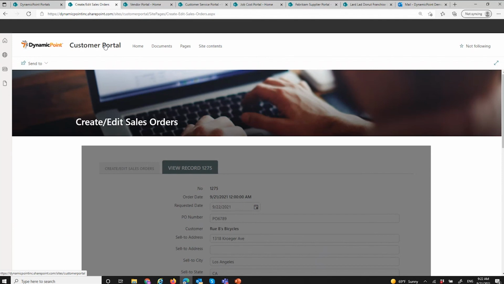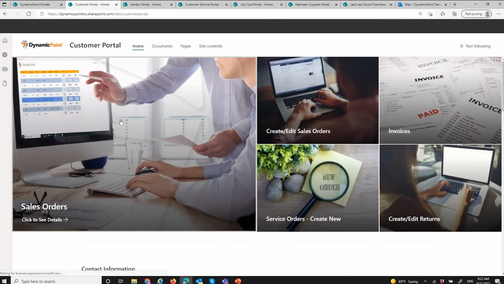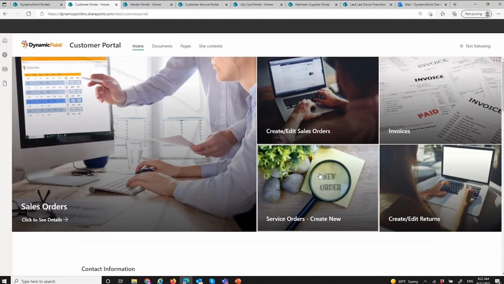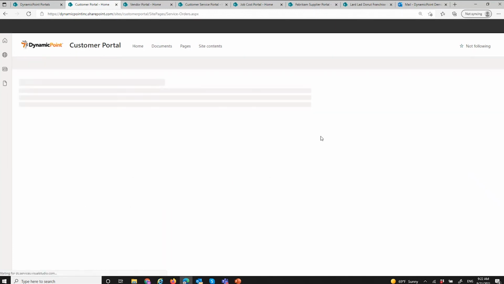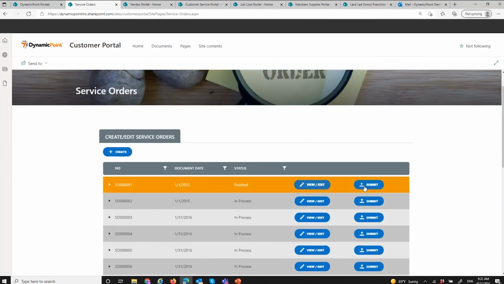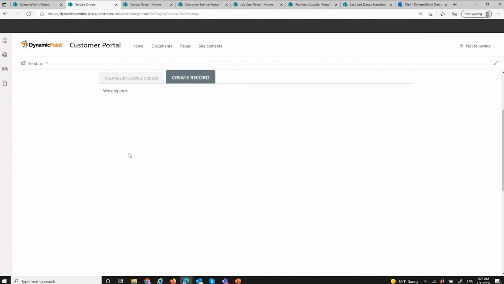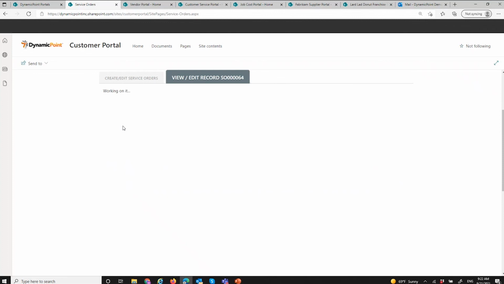So that had create functionality. It also had edit, right? So there was also an edit capability. But we'll keep it moving. Other things that you could see here, create service orders. Maybe I want to allow my customers to come in and create a service order or create a service case. Same type of deal there, right? I now have both edit capability as well as creation. And they could go in there, put some basic details of the order they're creating. It's going to call the underlying business logic and then default all the details for that customer for that order.